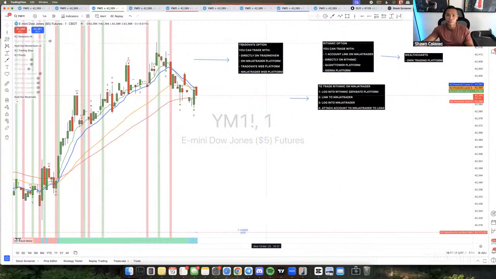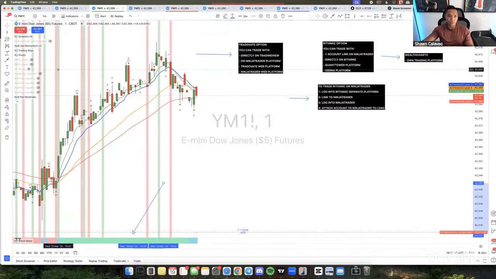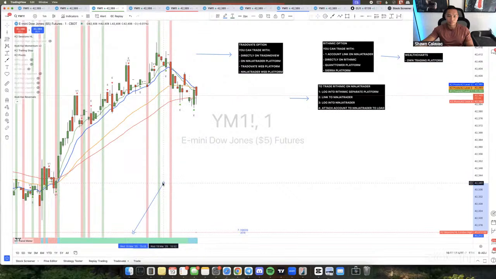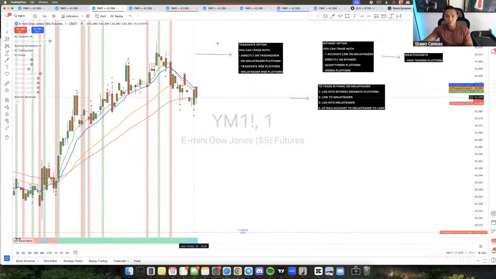For me personally, I'd say Trade. I know it's a little more, I think it's like $10 or $20 more. The reason they do that is because you have so many options. You can go on TradingView. For example, see how it says Tradovate down here? I'm logged into my Apex right now. So if I wanted to take a buy entry, I could trade directly on here. So yeah, I would go with the Tradovate option versus any of these other options. But if you're familiar with Quantower or Sierra, then go with Rhythmic.